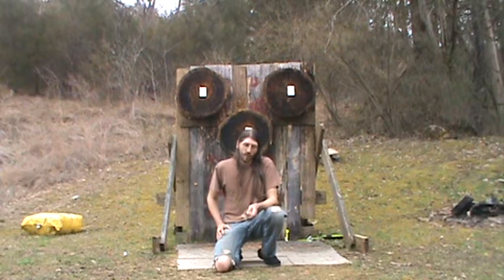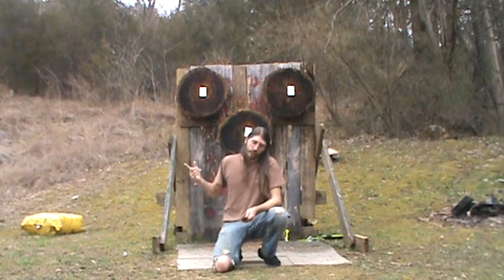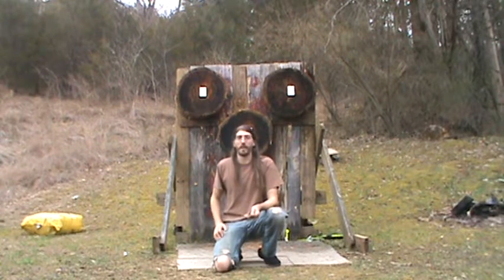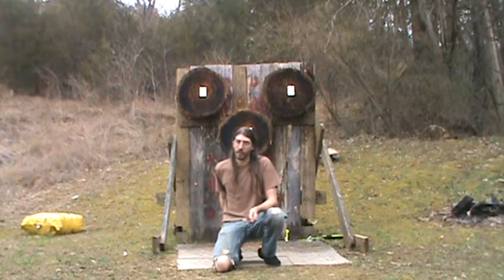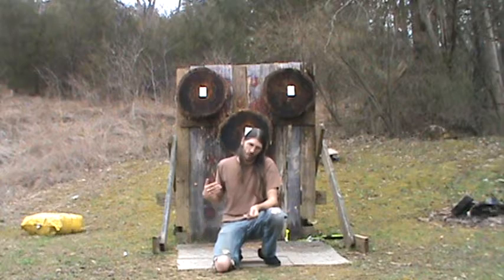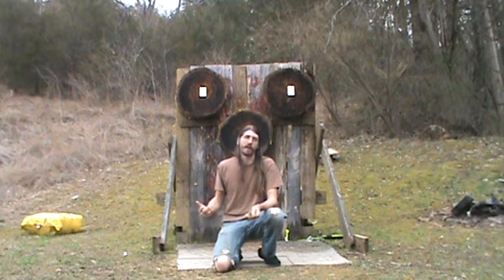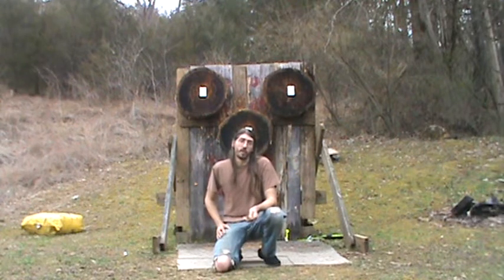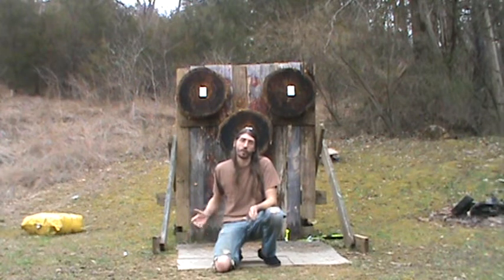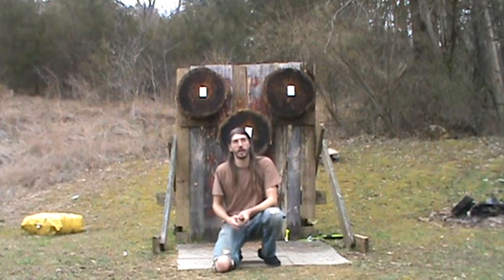So, like I said, we're going to start throwing on this target, 3 throws. We may or may not hit them, but the objective is just more or less to have something to focus in on so I can tune in and dial back into the center mass area of the target for bullseye for 3 spin. So, without getting into a long-winded intro, we're just going to go ahead and hop right into the throwing, and I'll try to get some clips. Hopefully I can get some decent clips, but